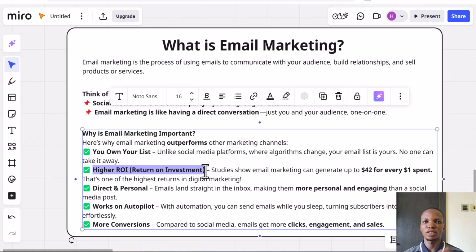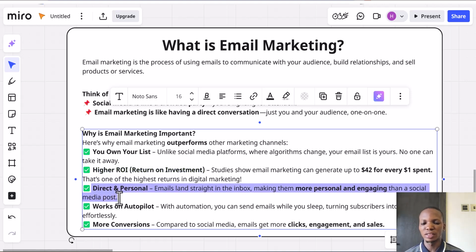Because if you have 500 subscribers, you can always get 5 people to buy your products, and those 5 people, you don't have to pay to sponsor any ad or anything. They are in your email list directly. All you have to do is send an email to all your 500 subscribers, and let's say 5 or even 50 out of them can actually buy your product. According to studies, email marketing has the highest returns in all digital marketing channels.